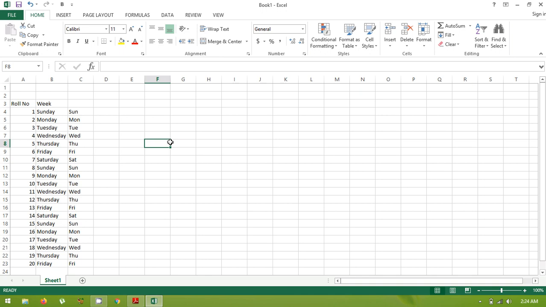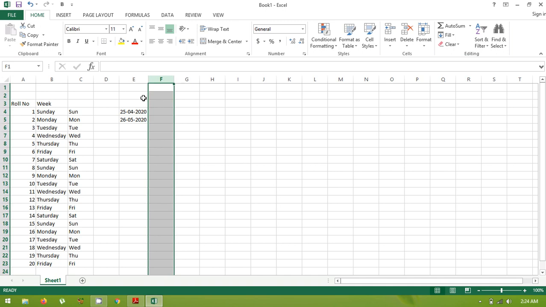Next we are going to discuss the date format or date series, how you can add a date series. Suppose I enter one date here, that is 25/04/2020. Then I enter 26/05/2020.